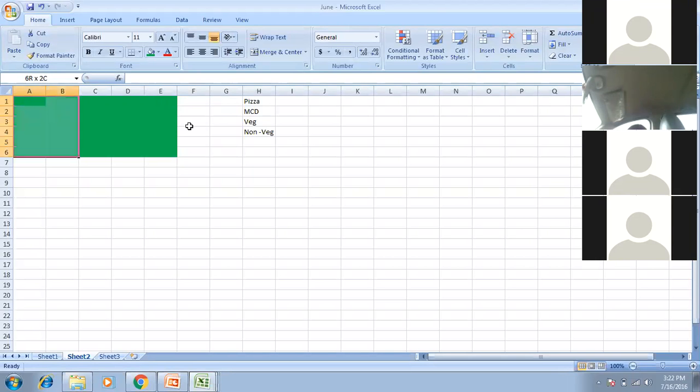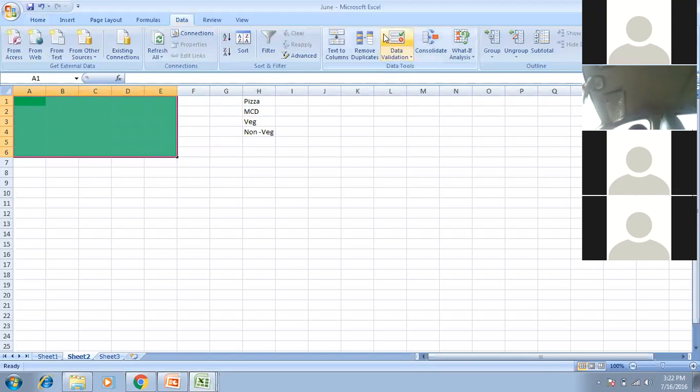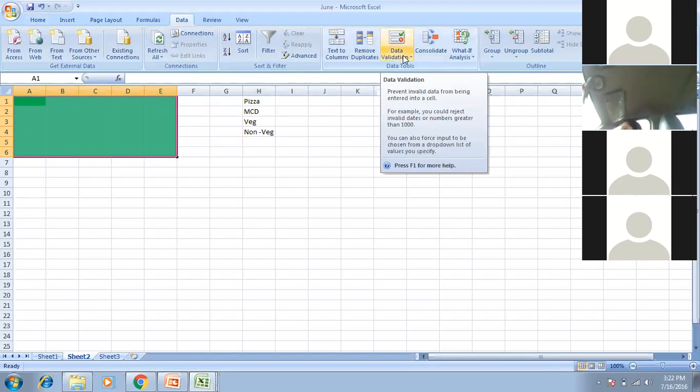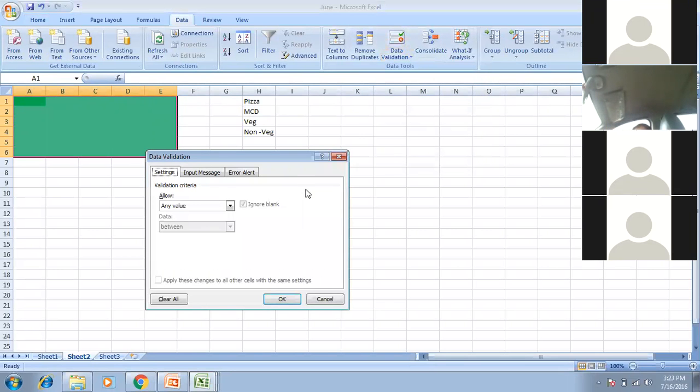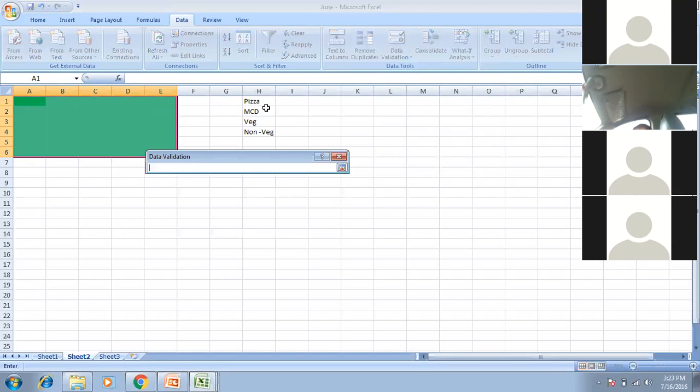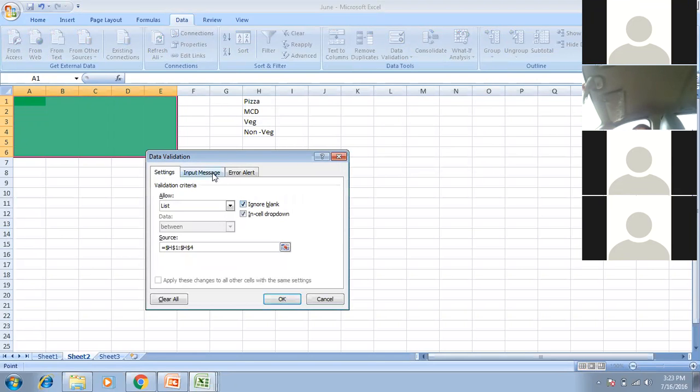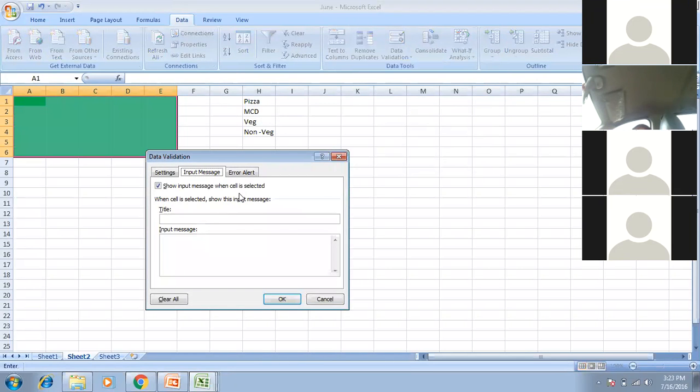So let me select that range. Okay. Let me go to the data. Over there, you will see one thing that is called data validation. If you click on that, you will see the data validation is there. So any value, I mean, that will give you the opportunity, the kind of validation that you want to apply. So right now I'm referring to the list section, and let me take the source as the range that I have just written, and under error alert,